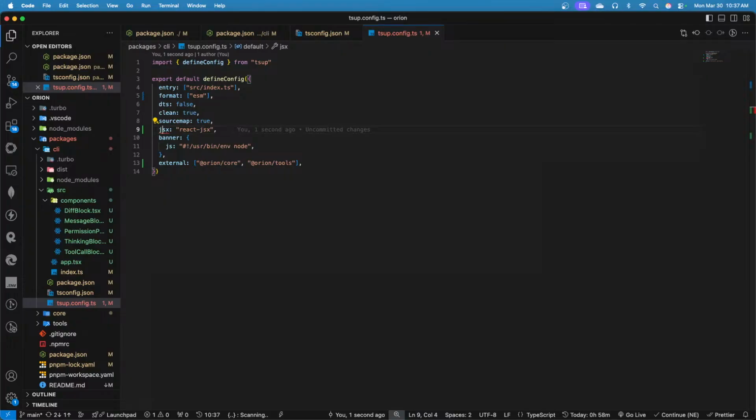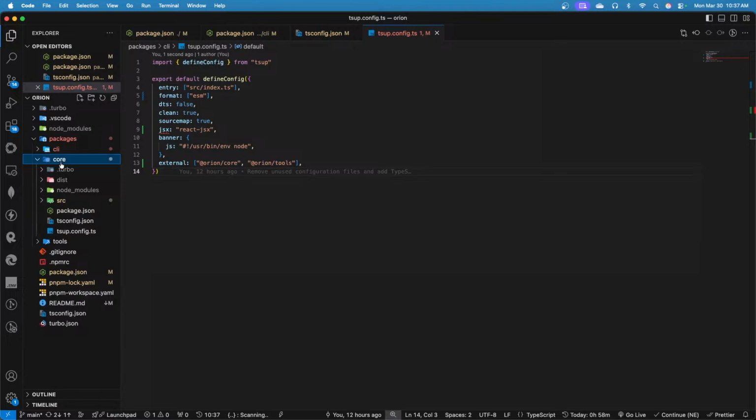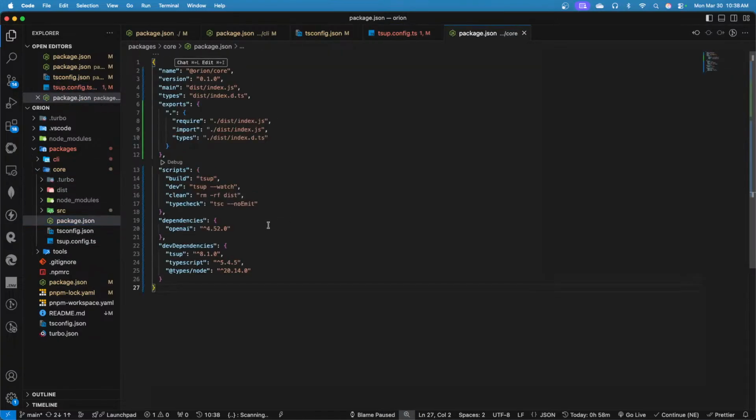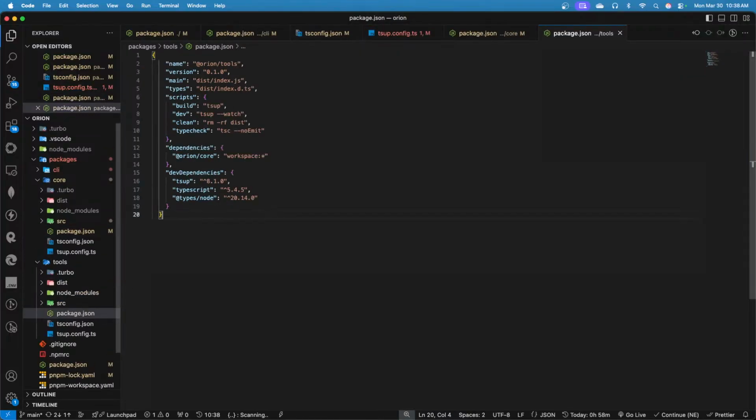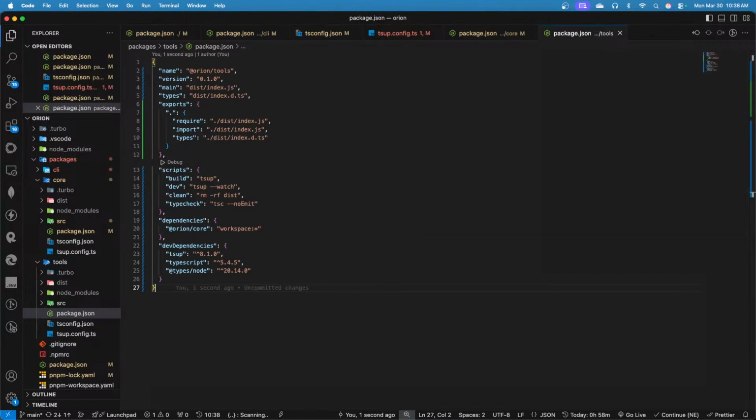ठीक है, पैकेजेस के अंदर, कोर के अंदर हमको टूल्स एंड कोर को भी थोड़ा सा एक्सपोर्ट सीजेस प्रॉपरली फॉर ईएमएस। कोर की पैकेज डॉट जेसॉन भी अपडेट करने को बोल रहा है। कोर की पैकेज डॉट जेसॉन ये रही, इसको भी अपडेट कर दो। टूल्स की भी अपडेट कर दो, ये बोल तो रहा है। ठीक है, यहाँ पर जो ग्रीन वाला आ रहा है ना, वो हमने नया अभी ये किया है।